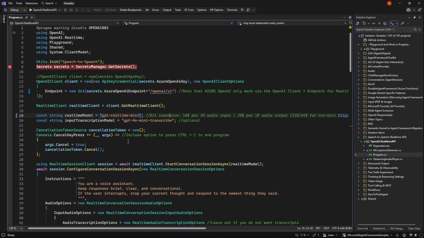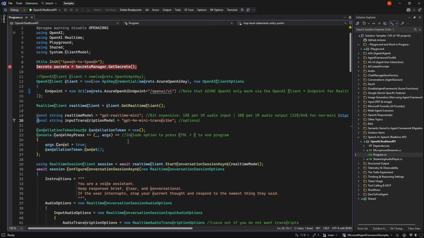These are a bit expensive, like $10 per 1 million tokens and $20 per million for output. And if you go to the non-mini, it's 32 and 64. In real life, testing it out, I sat here for a couple of hours preparing this demo, and that cost me roughly $50. So not too expensive, but still.